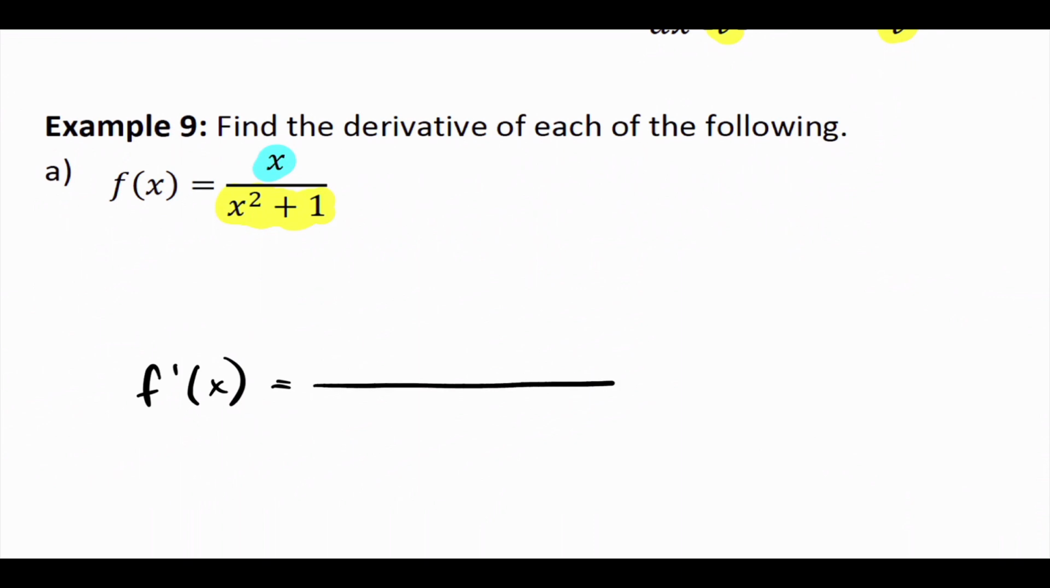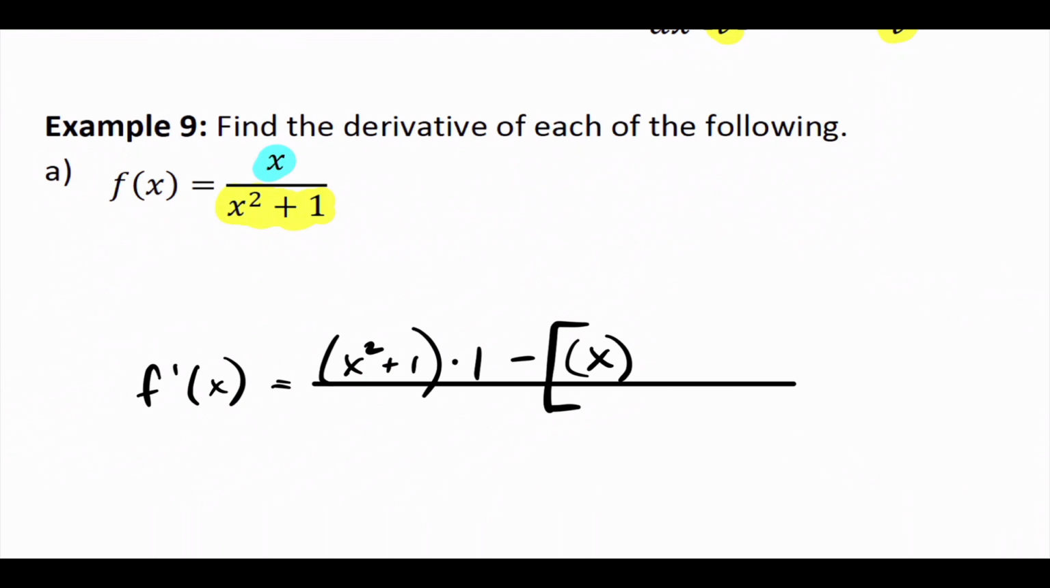First thing I do is I always draw the line just to remind myself. So low is x squared plus 1. I'm going to rewrite that. Low, d high, derivative of the high. What is the derivative of the top? Just 1, yeah. Minus. I always put brackets with the minus because it's subtracting everything. So low, d high, minus high,